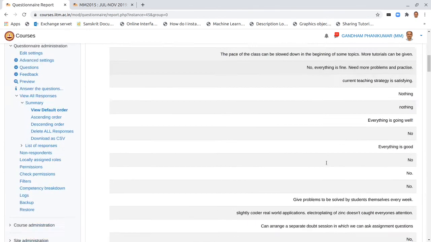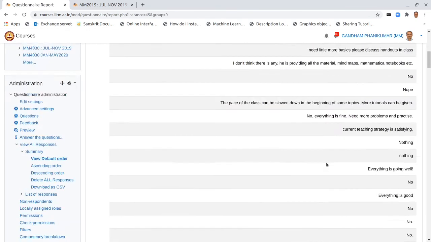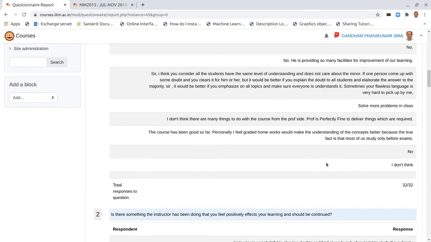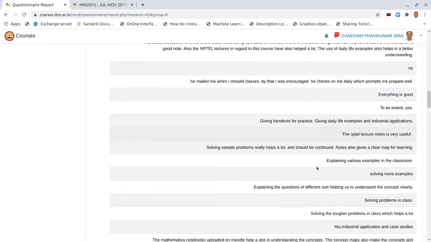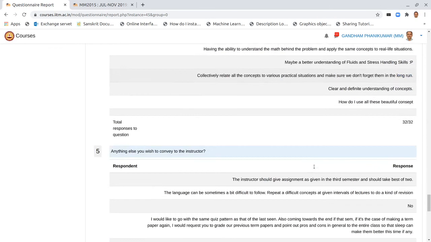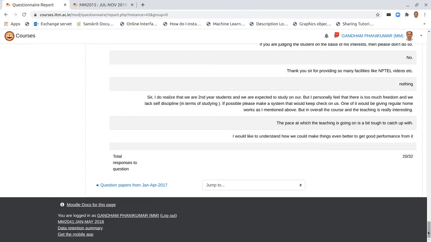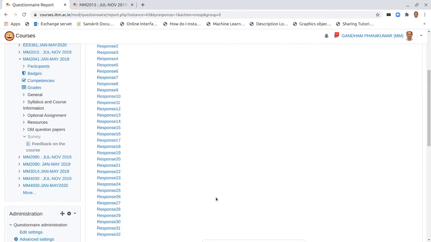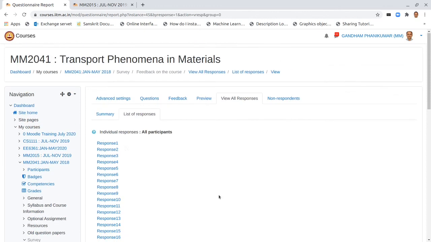So this is how the survey output looks like, and when you ask the open type questions, they write something, and you can read and see that some of them are very expressive, and when there are options, then they would come as bars, etc. In this particular survey, I have not asked those. I have asked only text based ones, open type survey. So I have got all the text, and these are all listed as responses: response 1, 2, 3, etc.